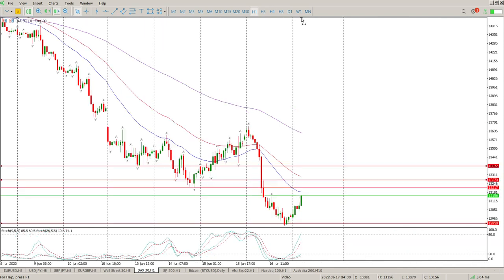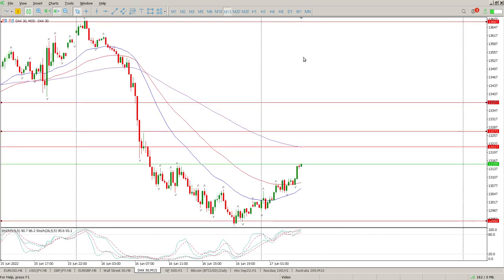So let's get back to the lower time frames. That is the move we're looking for. What constitutes starting to look for longs would be a break above 13,667 at the moment, so that is quite far away. I wouldn't be using that as a stop area though, that's way too far away. What we'd be looking for is a rejection in this zone, and then